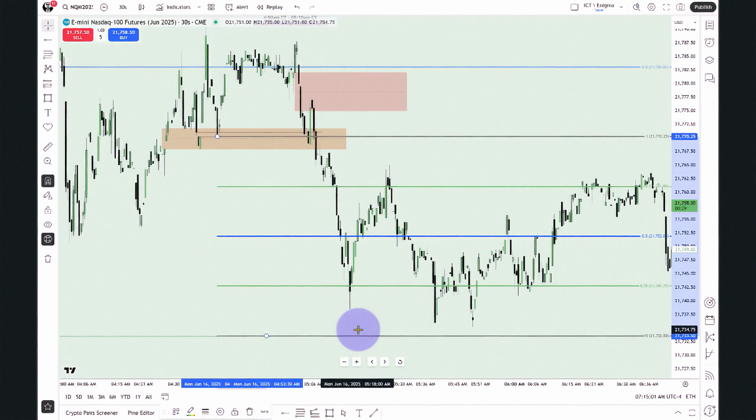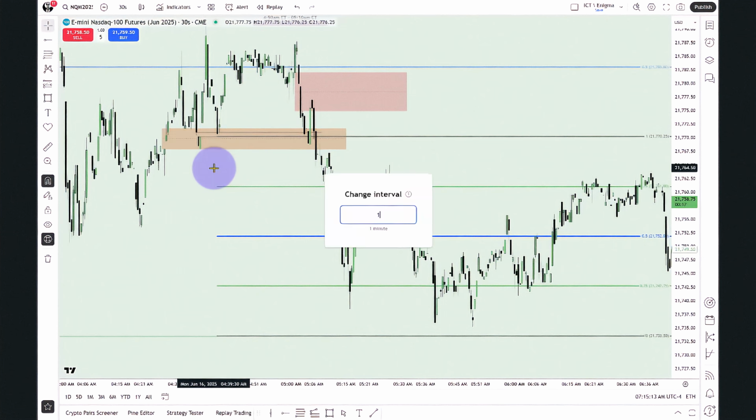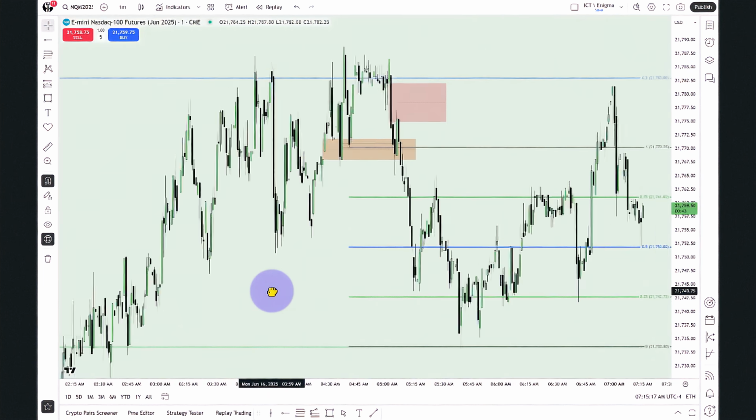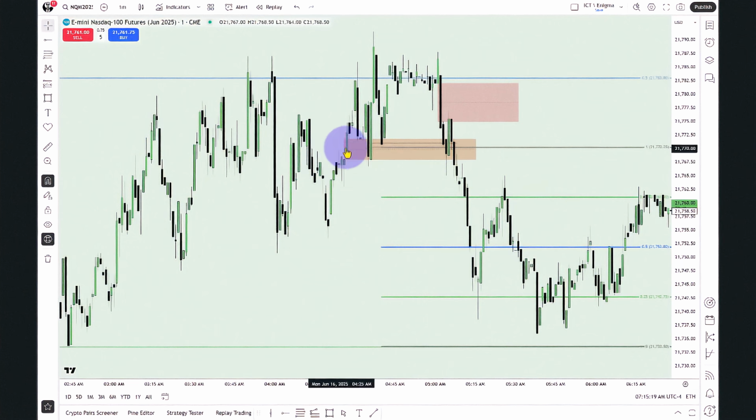On the 1-minute chart, inside this area also was an inversion fair value gap here, right there, and then the liquidity below there being taken, but after failing to operate as a retail bull flag with the level I've been telling you to watch, which is the consequent encroachment of the February 24th daily SIBI. And this inefficiency here, any retracement up in, we want to see it stay below the halfway point.